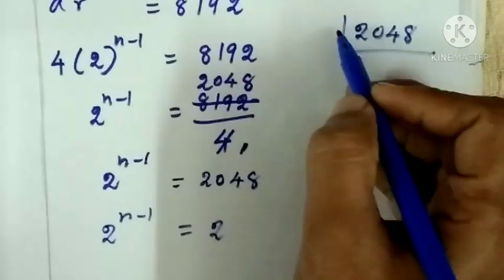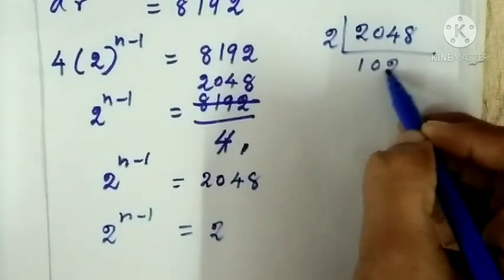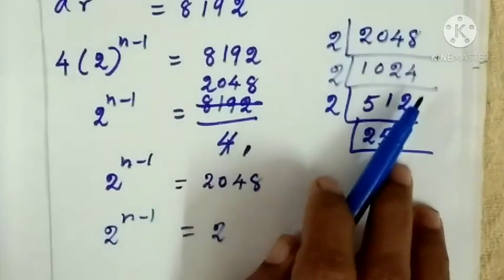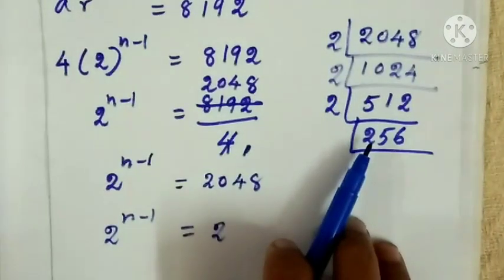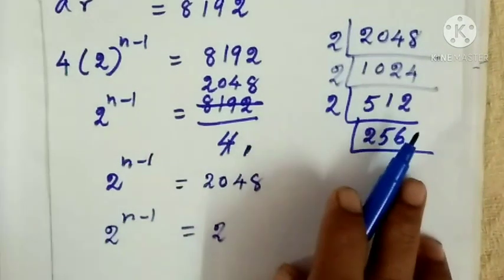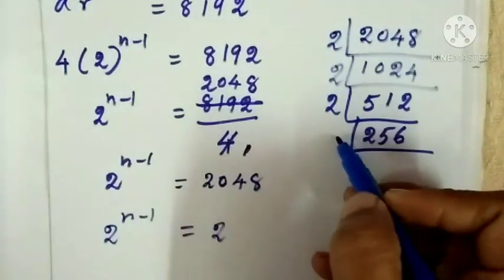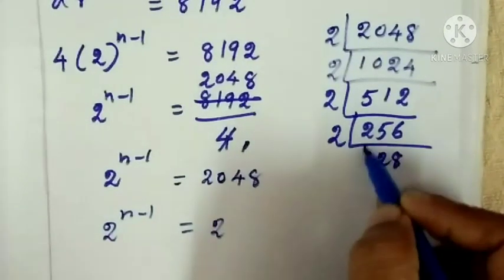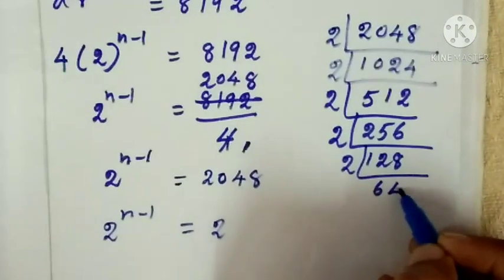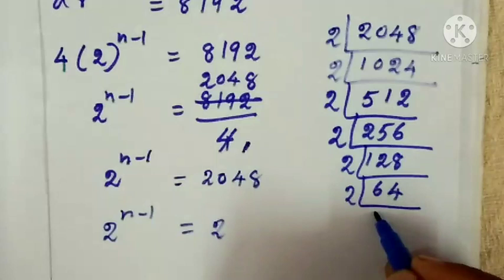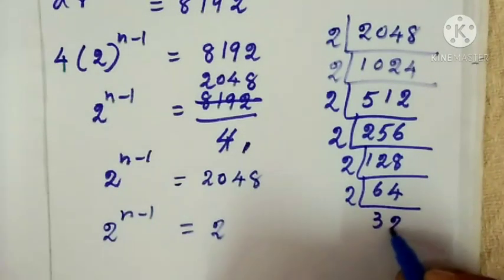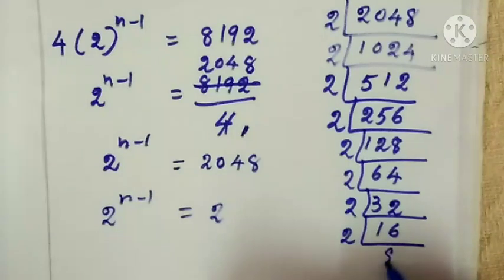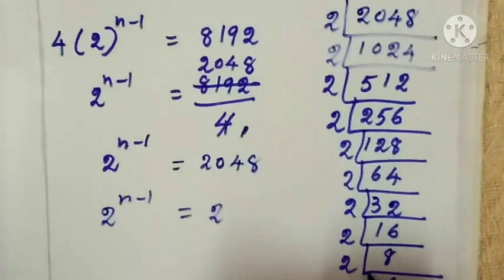Put the 2 table: 1 2 is 2, 2 2s are 4, 4 2s are 8, again 2 table, 5 2s are 10, 1 2 is 2, 2 2s are 4, again 2 table, 2 2s are 4, remainder 1, 5 2s are 10, remainder 1, 6 2s are 12, then again 2 table, 1 2 is 2, 2 2s are 4, 8 2s are 16, 6 2s are 12, 4 2s are 8, 3 2s are 6, 2 2s are 4, then 2 table 16 times, then again 2 table 8 times, then 2 table 4 times,